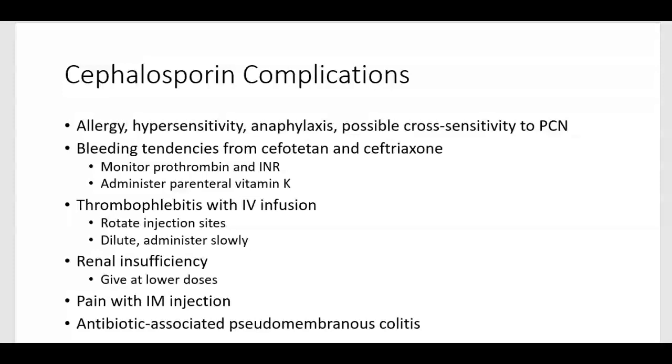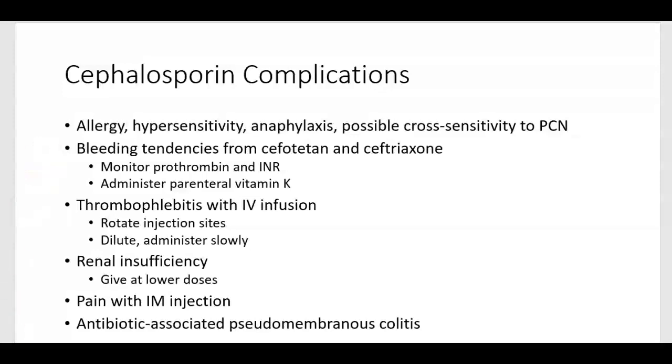If indications of allergy appear, such as urticaria, rash, hypotension, or dyspnea, we want to stop the cephalosporin immediately and notify the provider. You want to know that certain types of cephalosporins can lead to bleeding tendencies. And if a patient is taking a cephalosporin that leads to bleeding tendency, we want to monitor labs that show clotting times such as prothrombin and INR. And we want to prepare to administer parenteral vitamin K, which helps with clotting if the patient does have a